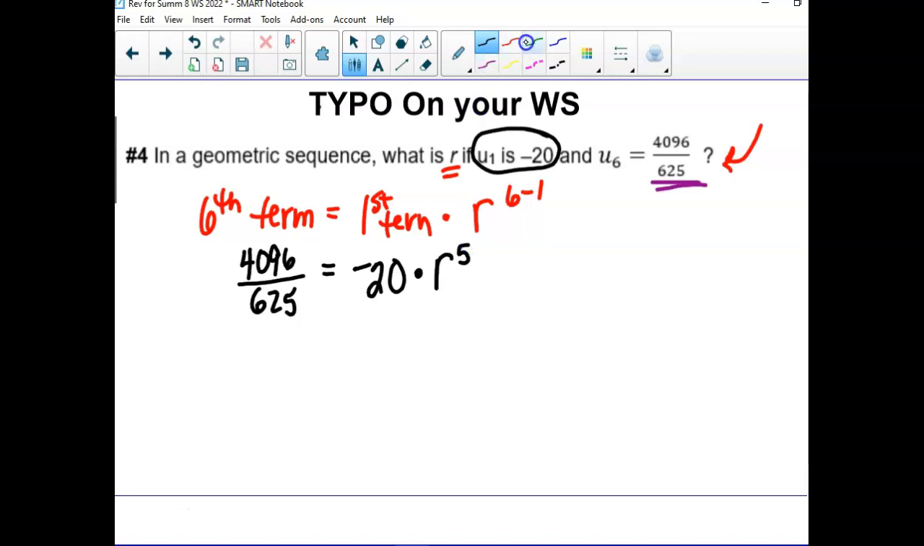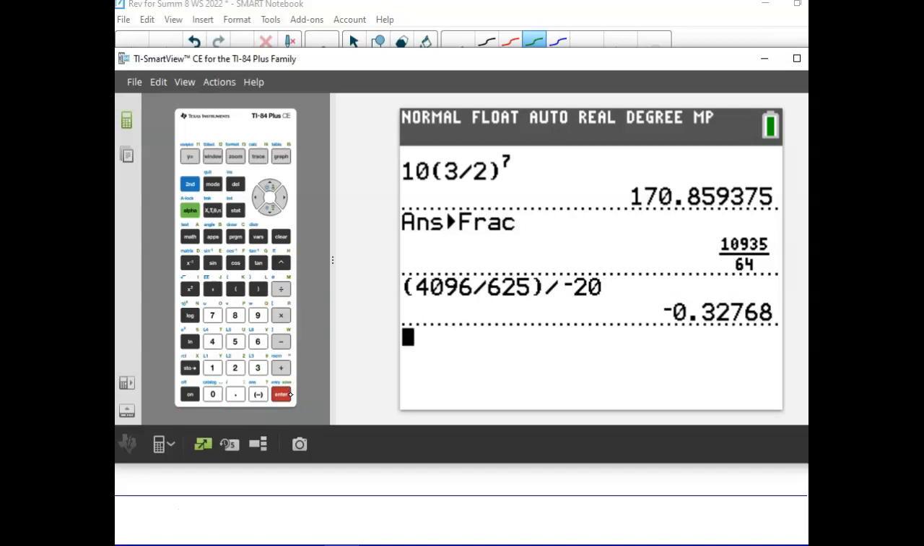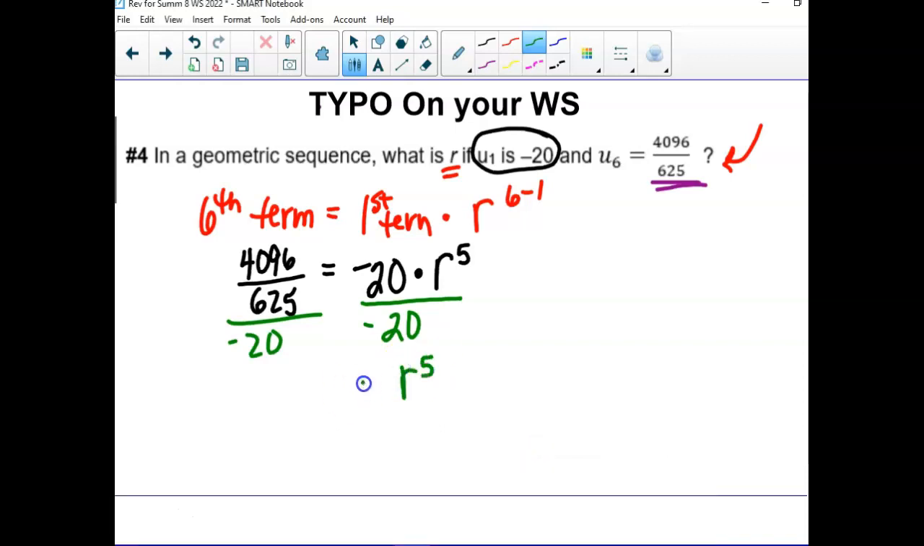All right, be careful. What are we doing to solve this? Yeah, be careful. Somebody's going to want to add. You're dividing by negative 20. So I probably would have put that fraction in parentheses. Was it 4096, guys? Over 625 divided by negative 20. Okay, it's a decimal, but what do we still have to do then? That's still r to the 5th. So to get rid of that,